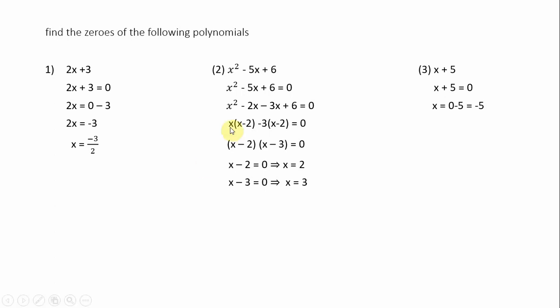Now coming to your second degree polynomial, x square minus 5x plus 6, you are given a polynomial. So we will equate that polynomial with 0 first. x square minus 5x plus 6 is equal to 0. In your 8th standard 11th chapter, we have explained factorization. In that factorization, it is clearly mentioned how we factorize the given polynomial.